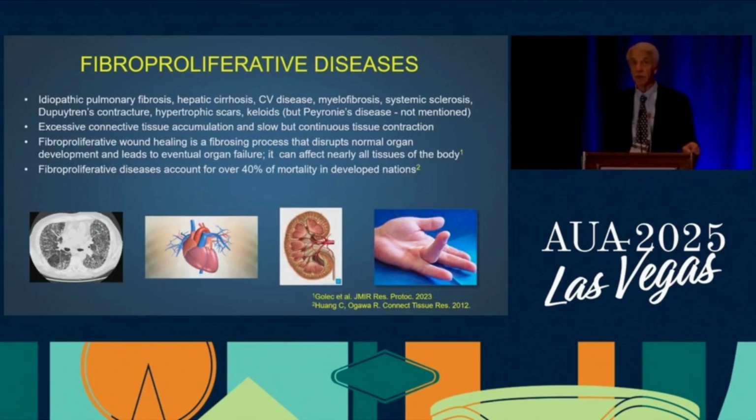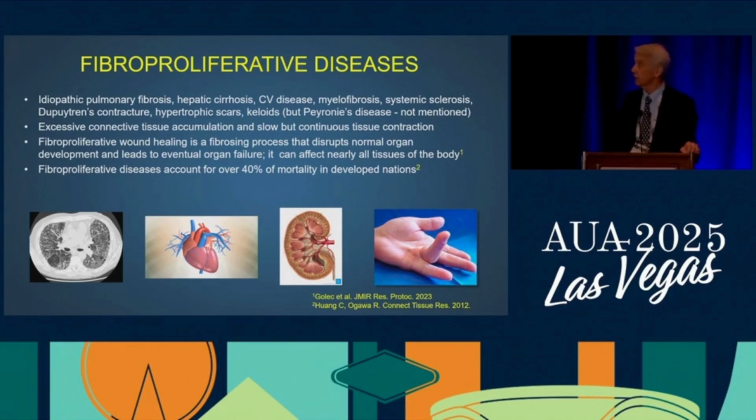So in reviewing fibroproliferative diseases, which are quite common, you may have heard of them: pulmonary fibrosis, hepatic cirrhosis, cardiovascular disease, myelofibrosis, systemic sclerosis, Dupuytren's contracture, hypertrophic scars, keloids. Rarely is Peyronie's disease mentioned at all. As you know, it's an excessive accumulation of connective tissue and at the same time a tissue contraction that causes a deformity. The fibroproliferative process is a